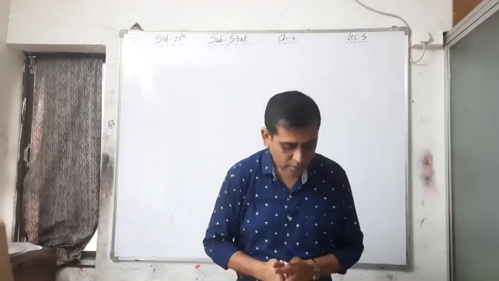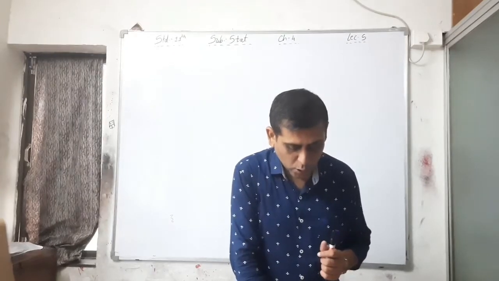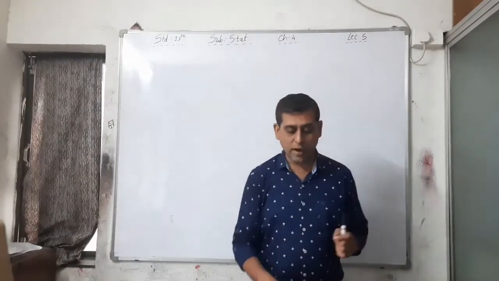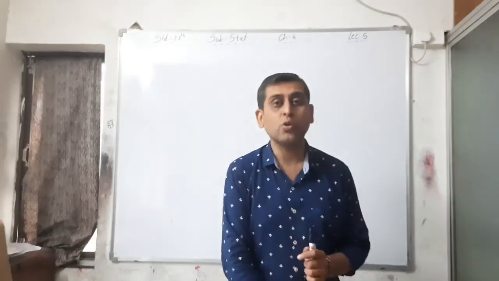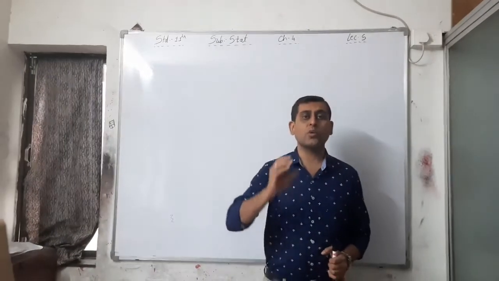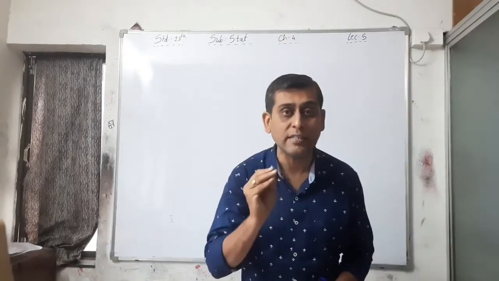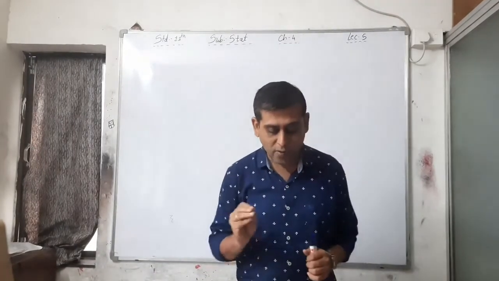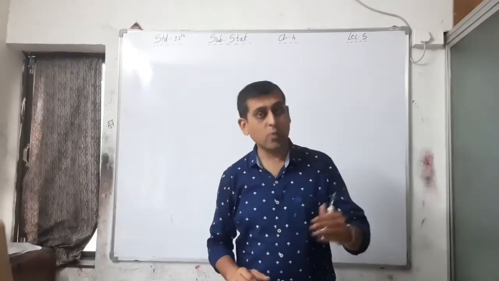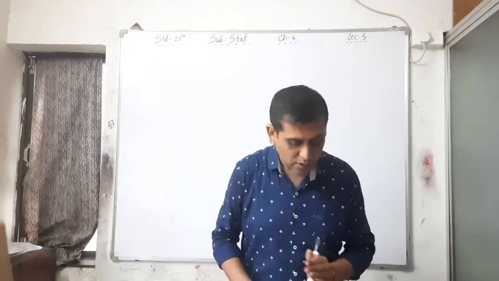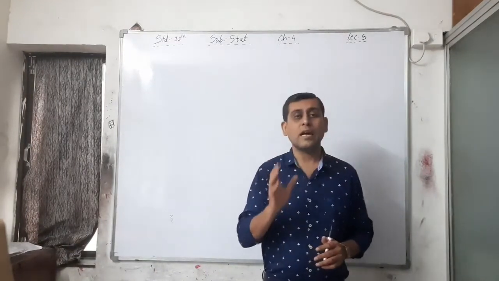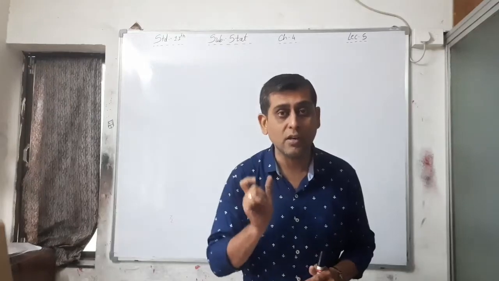First of all, I am reading: the time in minutes taken to solve a puzzle by 5 students are 5, 8, 3, 6, 10. See which type of data is given here. Here the data is ungrouped. Whenever there is a question, we have to first find out which type of data is given. Here 5, 8, 3, 6, 10, that's why the data is ungrouped. And what do we have to find out? Compute the standard deviation of the time taken to solve the puzzle. Here we have to find the standard deviation, and it is ungrouped data.